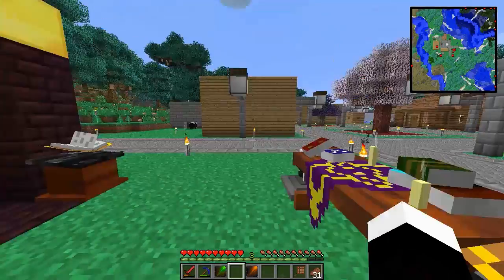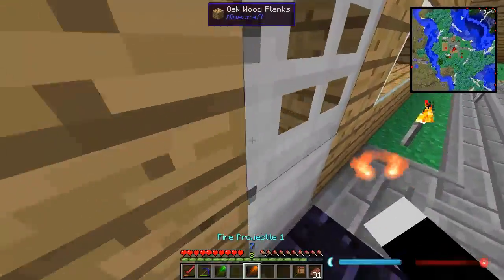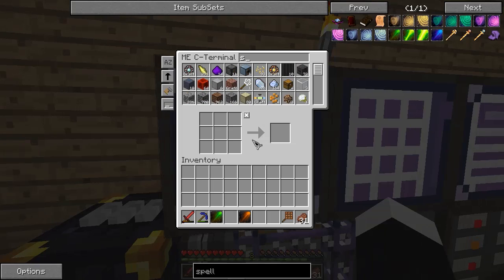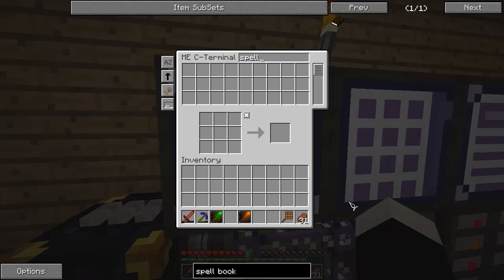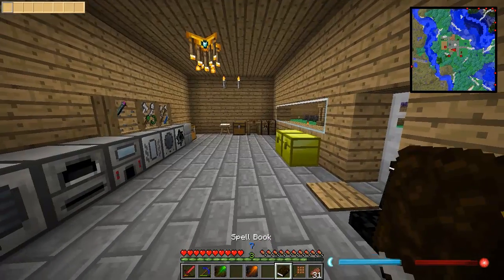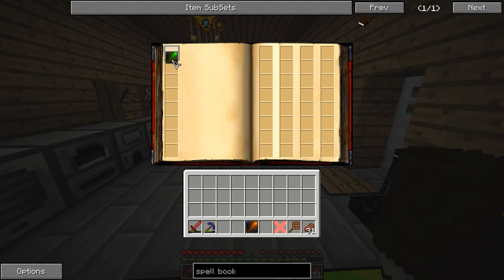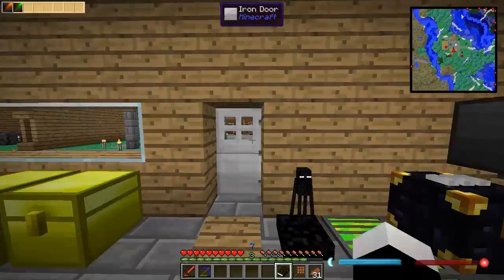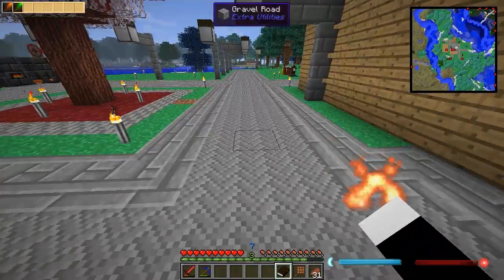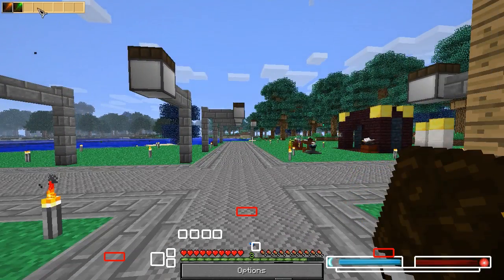Okay, so I think I'll make a spell book. I have 2 spells, and they're currently taking up 2 slots. But with a spell book, what you can do, if I shift right-click, I can open up this thing and be like, okay, I want my dig projectile there, my fire projectile there, and now it's taking up 1 slot. And in the top left, you can see the selected spell, which I'm actually going to hopefully be able to